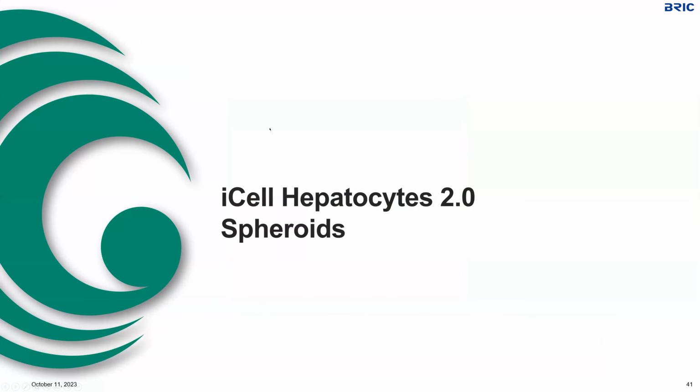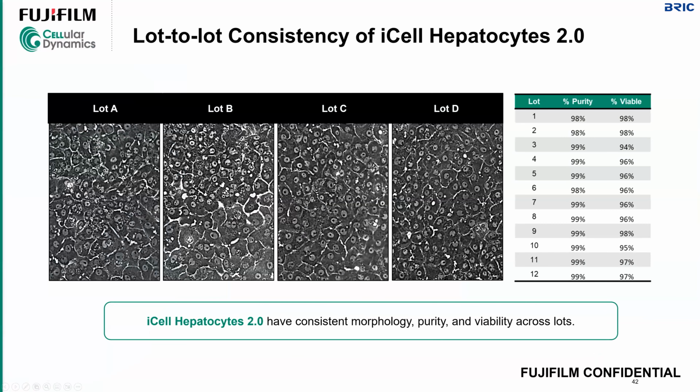I will now focus very quickly on hepatocytes, hepatocyte spheroids, either in monoculture or co-culture with macrophages, depending on the research that you are investigating. And again, consistency is everything to us. This is the simplest slide possible, just to show you that across 12 randomly selected lots pretty much for the study,